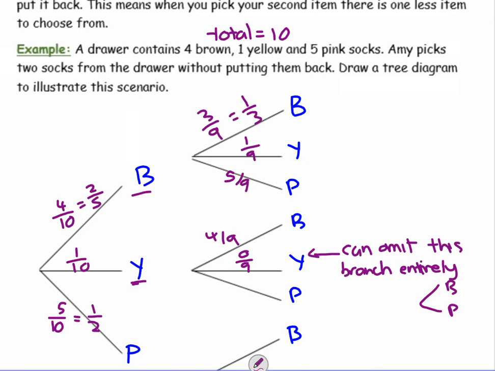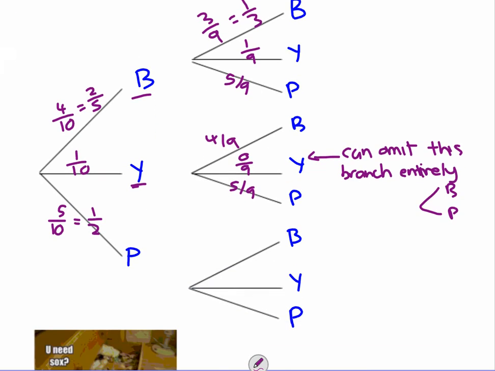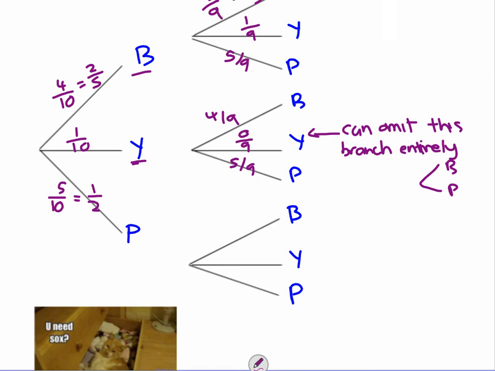There's still 5 pink out of 9 socks in total. And again here, still just 4 out of 9. Because in this case you picked a pink, so you've still got 1 yellow out of 9 socks. But because you chose a pink, that's why I like to have these written here, because it's kind of helpful. So because you chose a pink, there's only going to be a 4 in 9 chance that you chose the